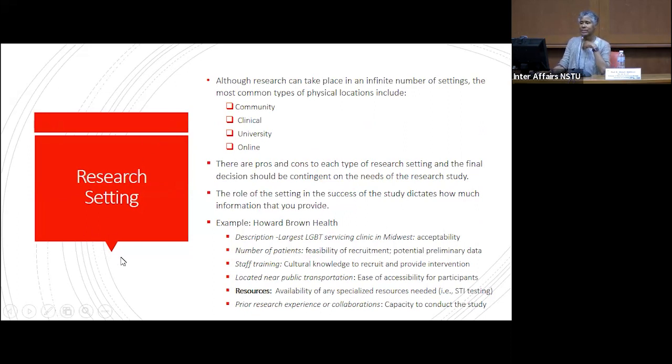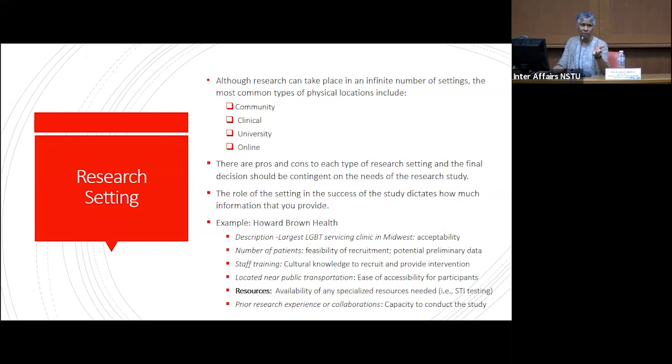The next thing that we consider is our research setting. Is it community? Is it at the clinic? University, where people come into your lab? Or is it an online setting? Again, each of these has pros and cons, benefits and downsides. But it's up to you to make a good rationale for selecting